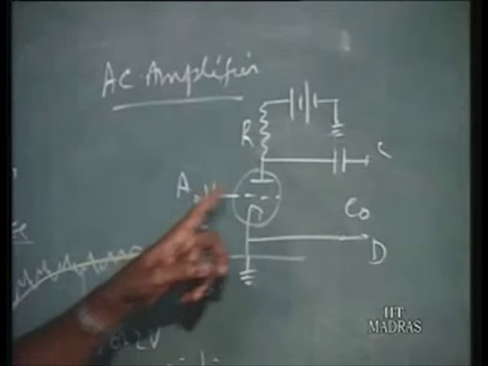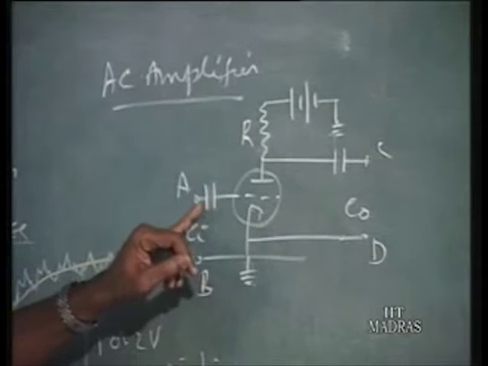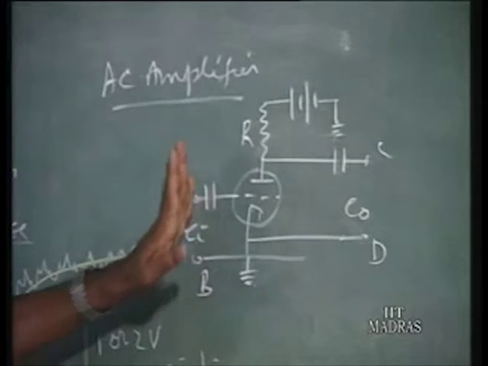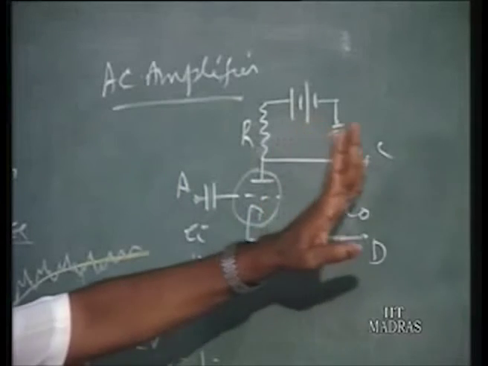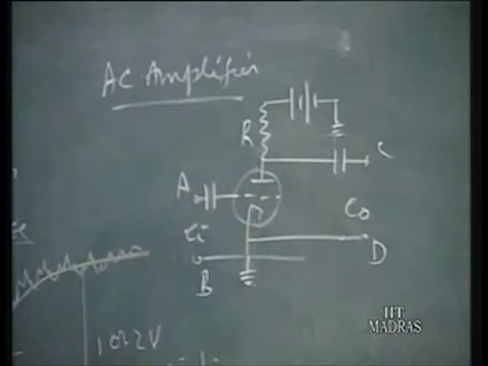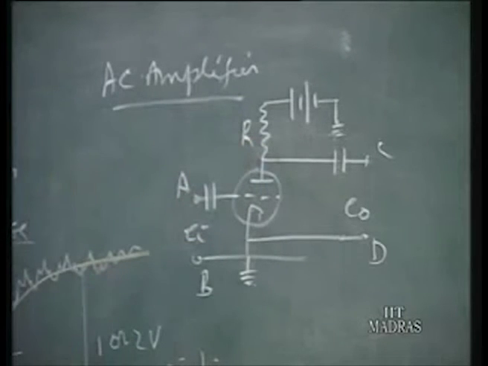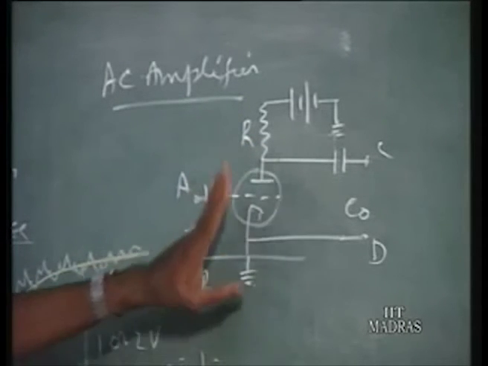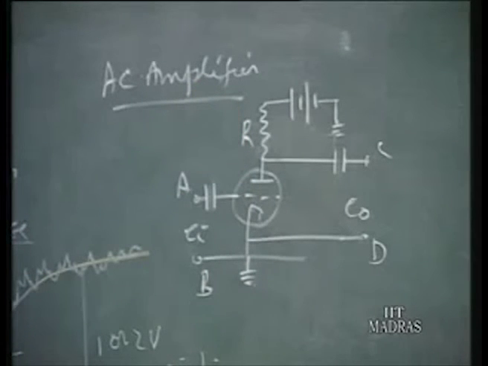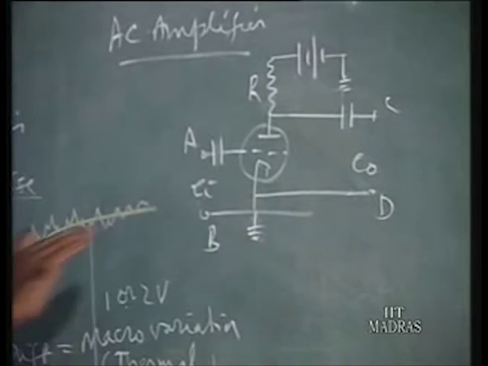So if we connect capacitors like this at the input and output side, then only the AC component can enter into it. DC will be simply blocked. Similarly, only the AC voltage will come out, and the DC component cannot come out. So by connecting two capacitors in series at input and output, we convert this simple circuit into an AC amplifier. In practice, it will not be the case; to reduce noise, many more resistances and capacitances will be there, but it is a simple circuit. Since drift is a slowly varying phenomenon, it will be filtered here.